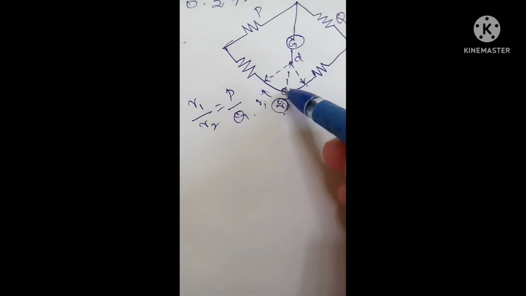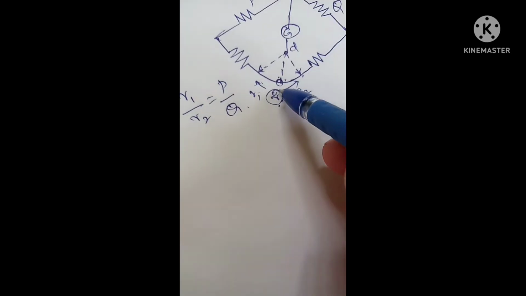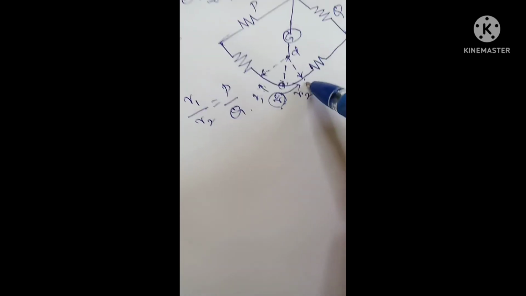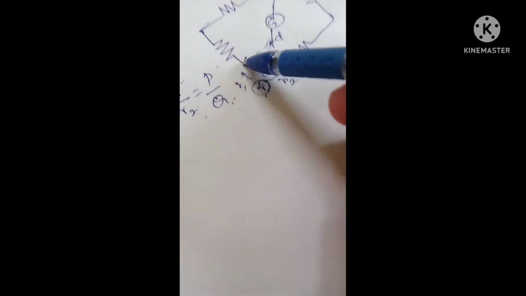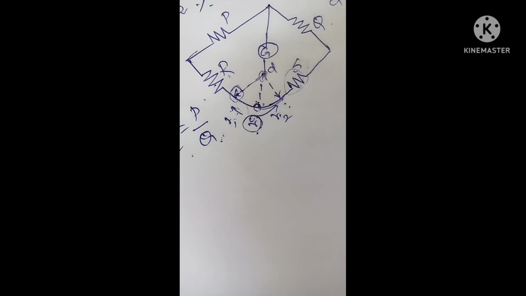So we need to find a position R in such a way that it divides the lead resistance into two different portions R1 and R2, such that the ratio of R1 and R2 is equal to the ratio of P and Q. Suppose this point D is connected towards the unknown resistance side, capital R, this lead resistance. If it is connected in this position, then the unknown resistance, when we represent it in terms of the standard resistance, will be the sum of the standard resistance as well as this entire portion. So when this point D is connected in the position R1, our measurement will be the sum of S plus R1,